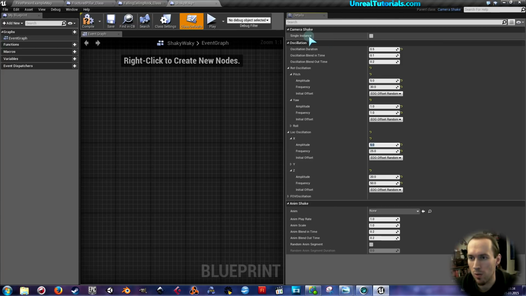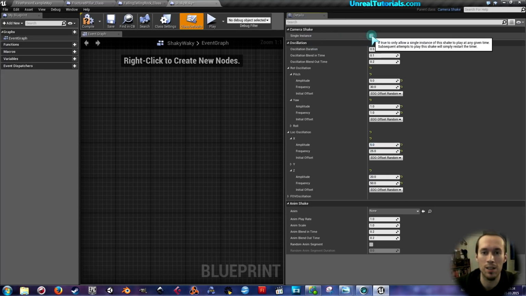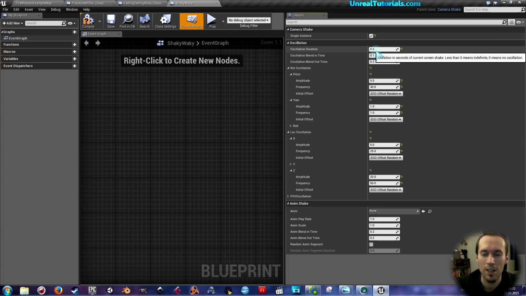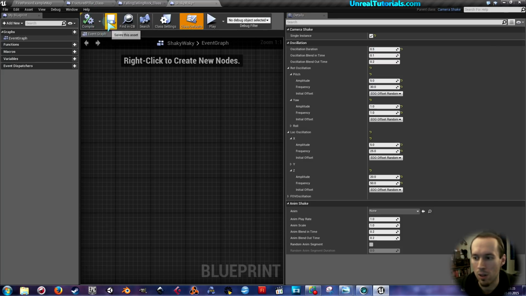Single instance will make sure that it only allows a single instance of this shake to play at any given time, which is okay when you're gonna populate an entire scene like I'm gonna do now, in order to not make one shake kill another shake with yet another shake or something. Yeah. So we're gonna compile